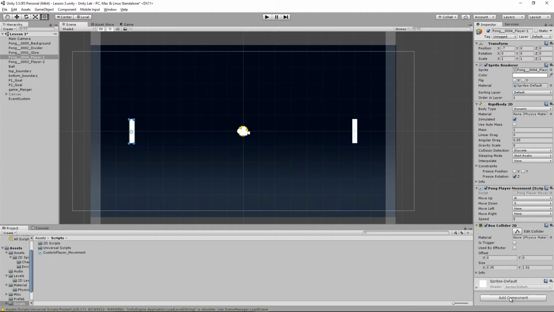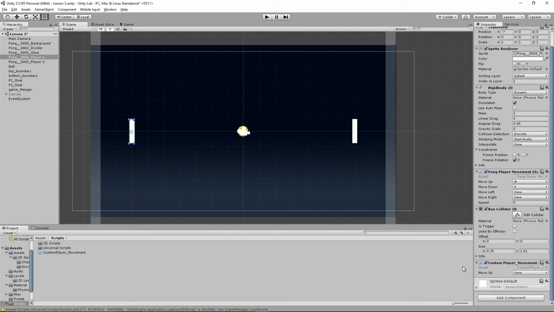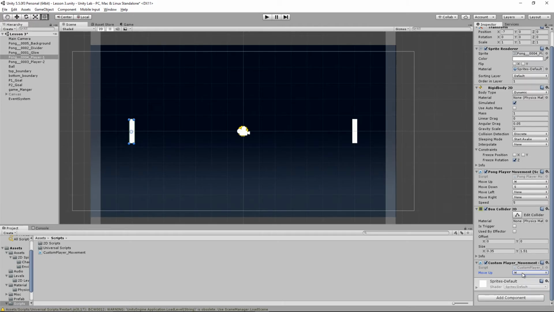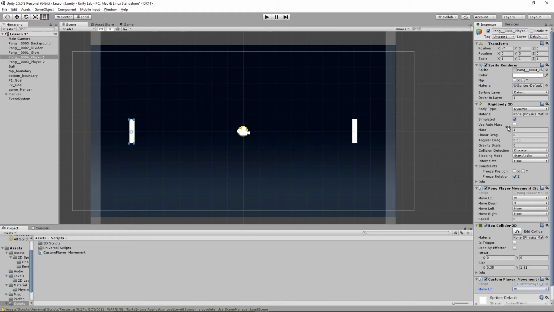I'm going to add in custom player movement. And now, when you add that custom player movement in, you'll see that we have a variable for move up, and none, and we can actually assign it to the letter W. And now I'm going to disable this Pong player movement,